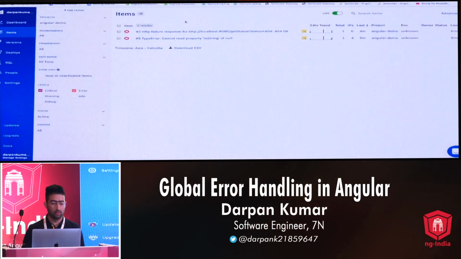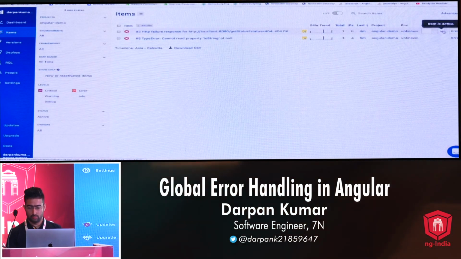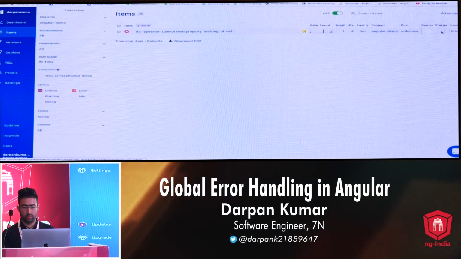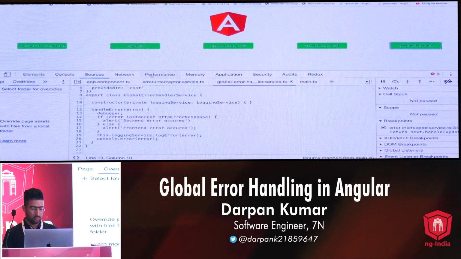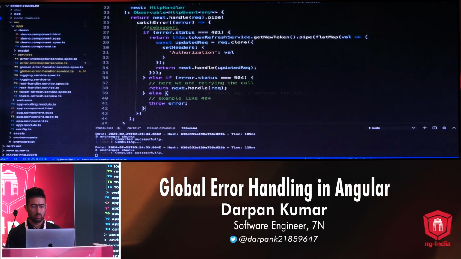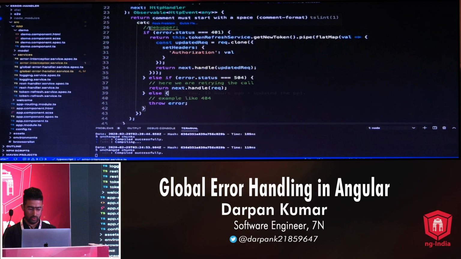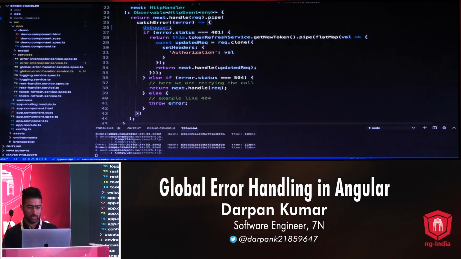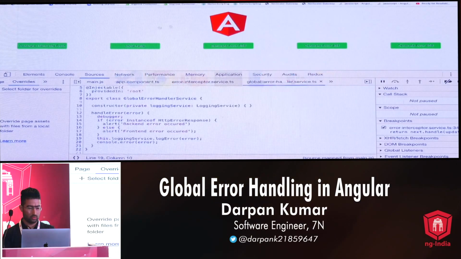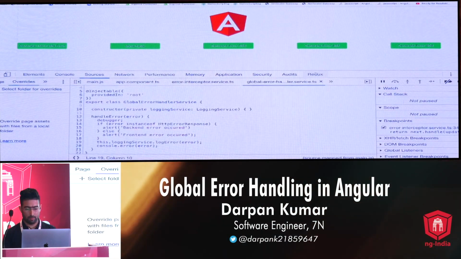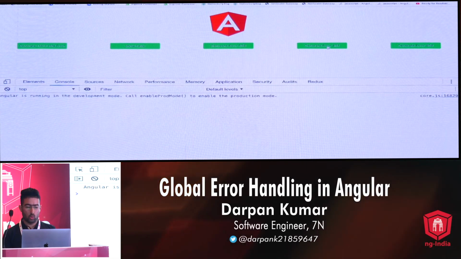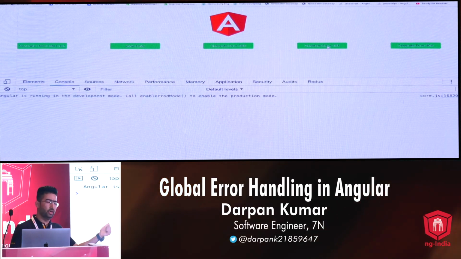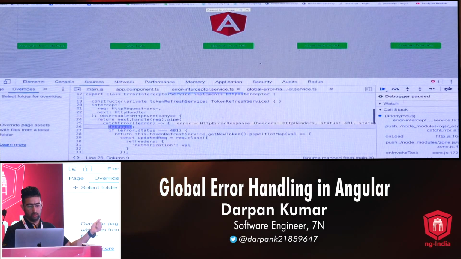Let's see it in action. We'll resolve these so that we can see that another error has occurred. I'll just remove this debugger from here so that we can see things working. Let's start. Let's say I'm calling my API, which will return the status code 401.